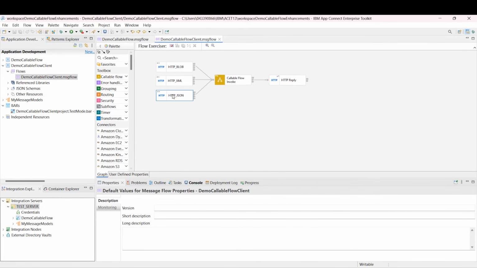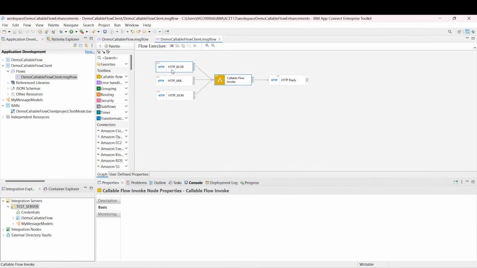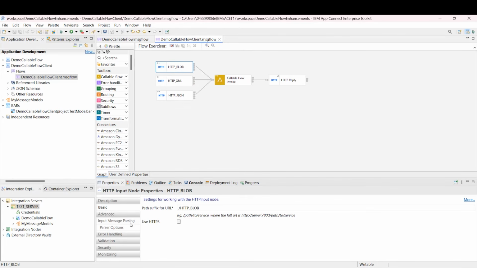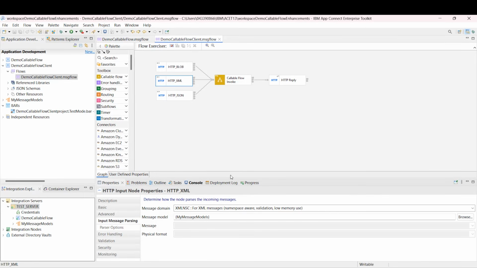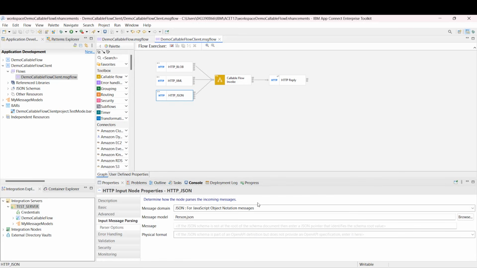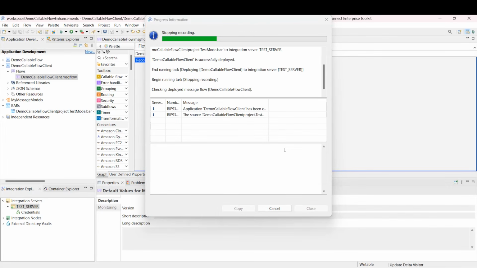We're now looking at a second message flow whose purpose is to invoke the first one using a Callable flow invoke node. There are actually 3 different entry points into this flow, each using different message domains. One of them is binary large objects, blob domain, one is our XML structure, and the third is our JSON structure. What we're now going to do is deploy this message flow and then use those HTTP input nodes to